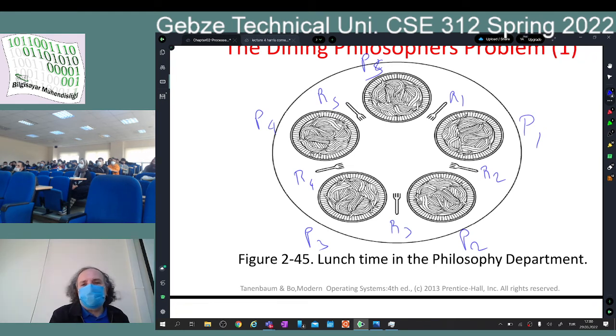As you see, their standard of hygiene is a little bit different than ours. They are sharing the same fork and so on. Let's ignore that fact. This is a different culture of philosophy, and let's try to write some code for these 5 processes and see what's happening. And again, why are we talking about this at the end of this processes and threads chapter? Well, there are some inter-process communication issues, and we are going to look at them. This problem is interesting. So let's write the algorithm for each of these processes, or the philosophers.